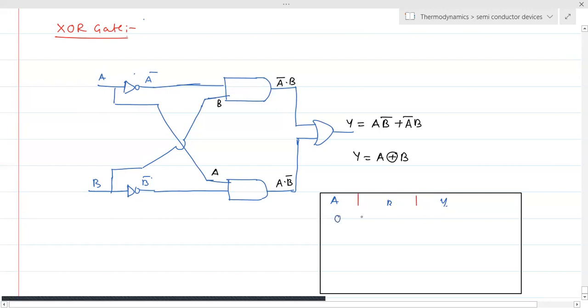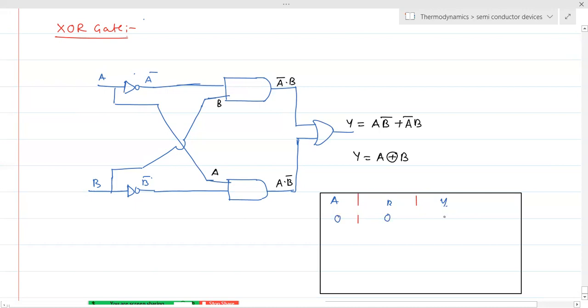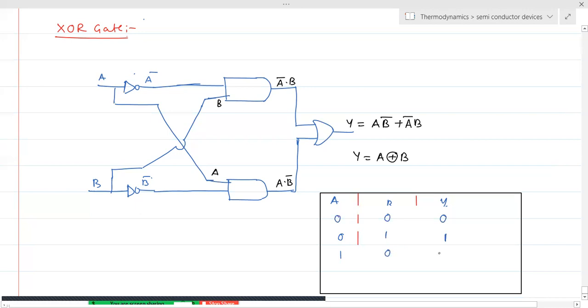That is 0 plus 0. For the OR gate I am writing that is equivalent to 0. We have the same result for the exclusive OR gate, XOR gate. 0 plus 1 is equivalent to 1 only, here also. 1 plus 0 is also 1. But you need to be very careful in writing the last step. So 1 plus 1 is equivalent to, in the case of the OR gate, 1. But as it is the exclusive OR gate, it is different. It is going to have 0.